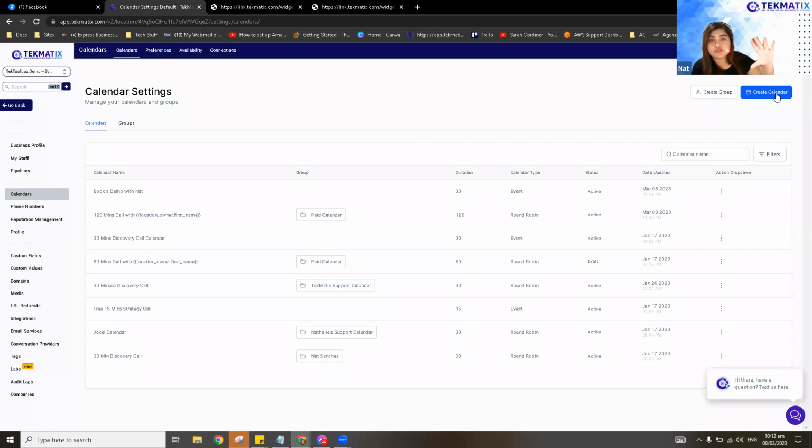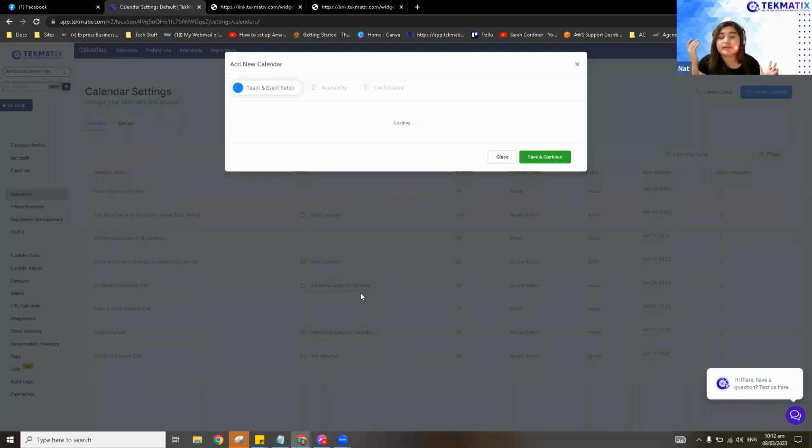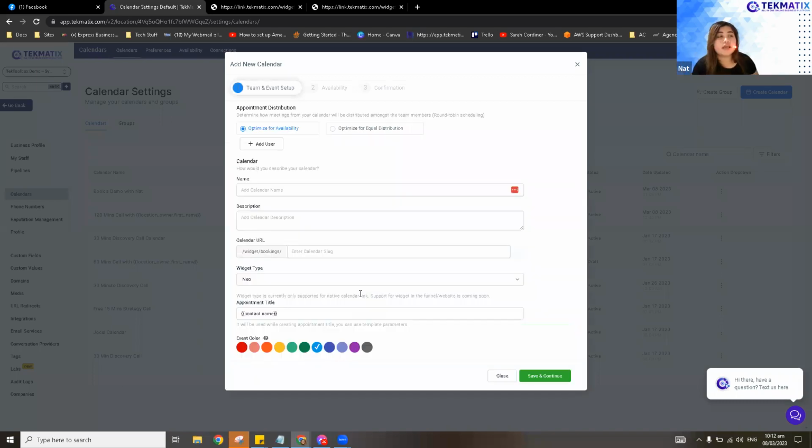And let's create the actual calendar booking. On the top right, click on create calendar. Then I can either do unassigned or round robin. I'll do round robin because it's easier, especially if you have a huge team. The first thing you need to set up is to add the user to this exact calendar.